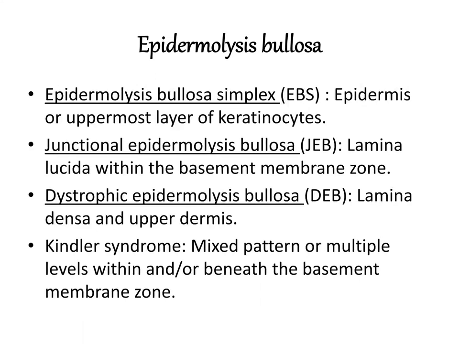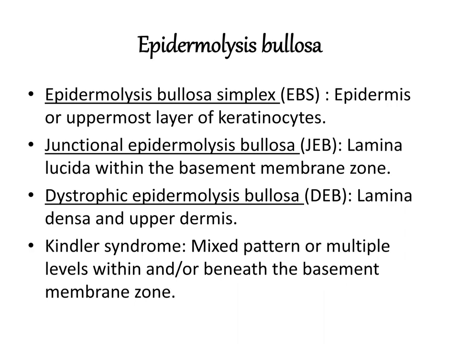In epidermolysis bullosa, there are three main categories. Epidermolysis bullosa simplex, the simple version. That is, the blistering is in the epidermis. Keratin is the defective protein structure here. So it is contained in the epidermis, and the blisters do not damage the basement membrane, so there is less scarring. In severe forms, patients may not survive, but the other forms are